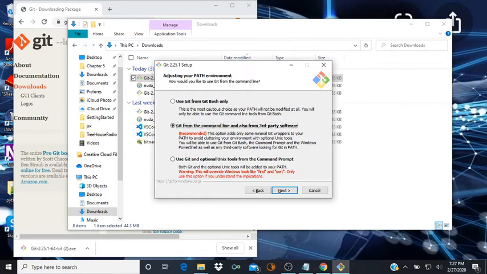So we can do it from Git Bash only, which is the command line that comes with it, or we can choose to do it in other places as well, like PowerShell or command prompt or any other command line tool we might want to download. Use Git and optional Unix tools from the command prompt. Git from the command line and also from third-party software. So I'm going to do Git from the command line and also